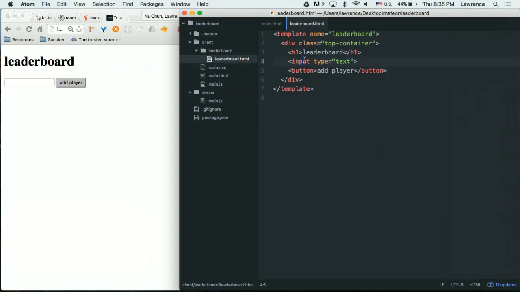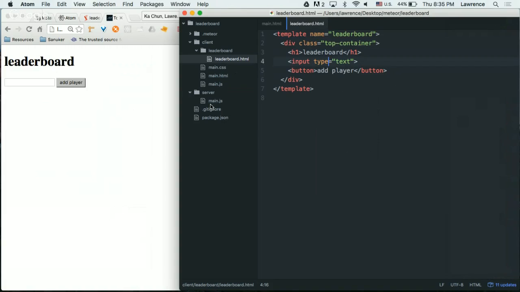Normally you should see tags come in pairs, and Atom actually helps you identify which pair you are talking about. If you go into this div, you can see the blue line underneath, and it will tell you which is the corresponding closing tag. It helps you visualize your work. And when you're typing, try to follow my indentation. This helps you see which part belongs to which part, so try to do the indentation right.